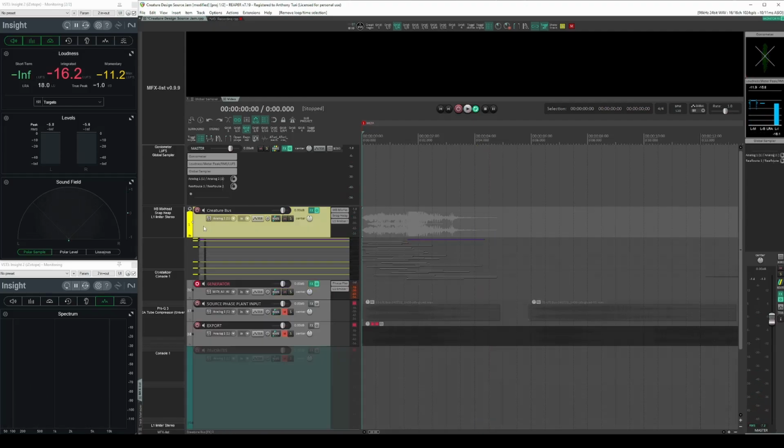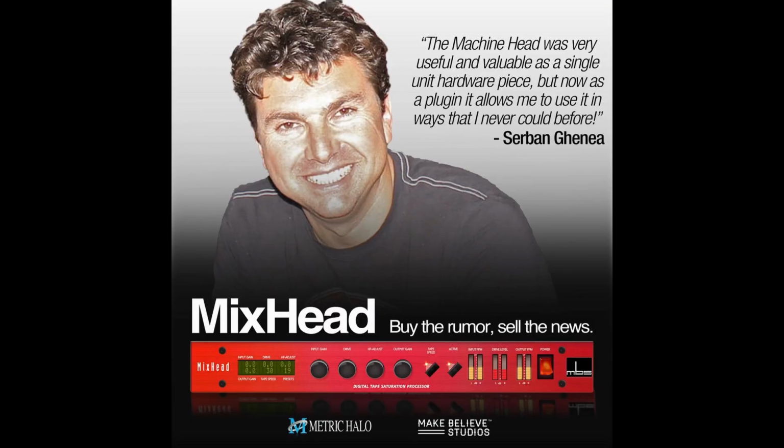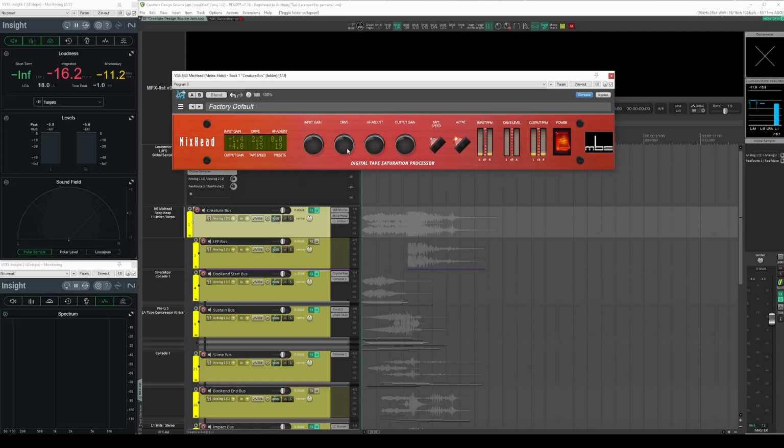The mix bus itself, there's not a ton going on. I'm using this Metric Halo mixed plugin, which is an emulation of an old hardware unit, which was a digital tape saturation processor. This recently came out and has become popularized because Serban Ganea, who's a well-renowned pop mixer, still uses the hardware unit, and so they decided to make a plugin after it, and this thing just sounds great. It's very simple. You could dial in the input gain, drive it to get a little bit of saturation and some compression, and then if some of the top end tapers off, you've got this high frequency adjust knob,